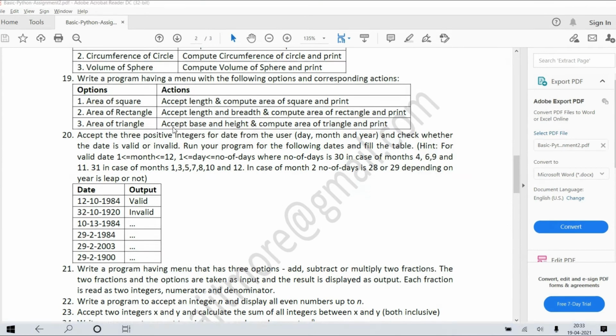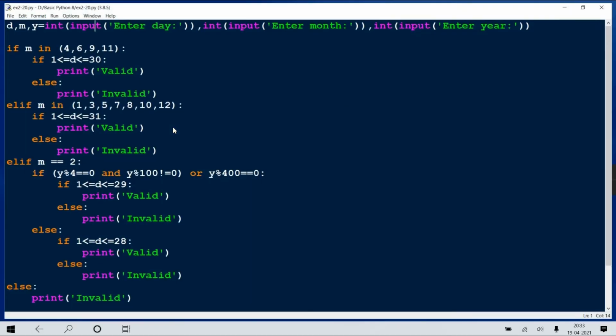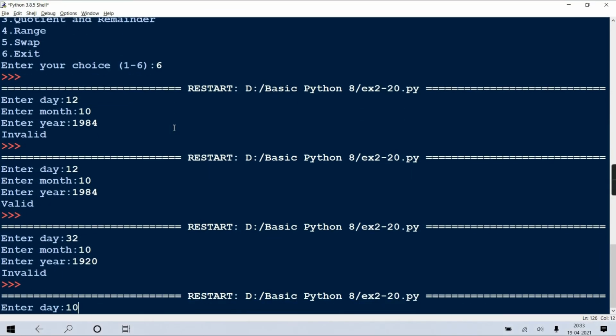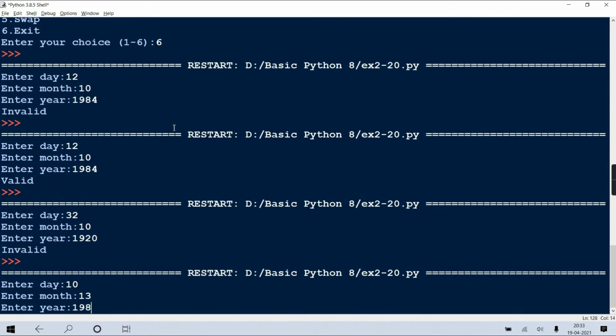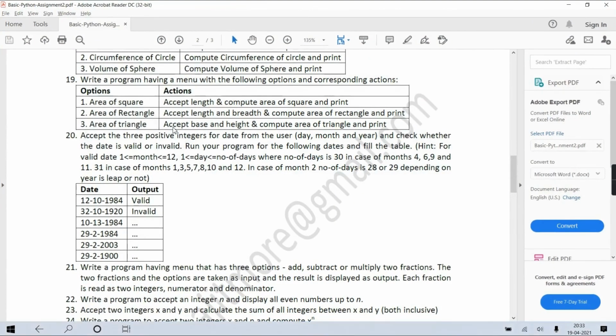10, 13, 1984. Month 13, which is not possible. Then next is 29, 2, 1984.